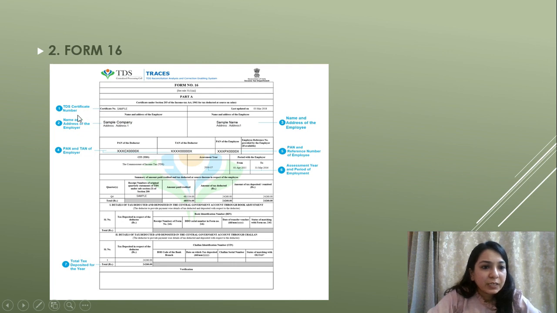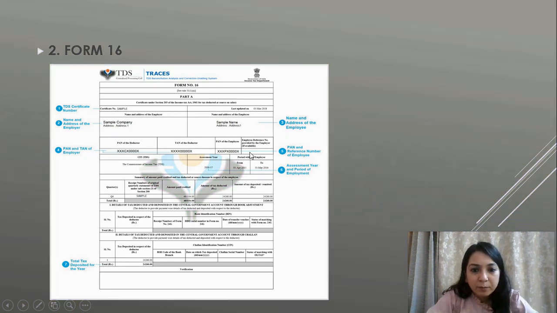It contains the TDS certificate number, name and address of the employer, name and address of the employee, PAN and TAN of the employer, PAN of the employee, assessment year and period of employment, and here it shows how much salary has been given to you and how much tax has been deducted in respect of the salary paid.